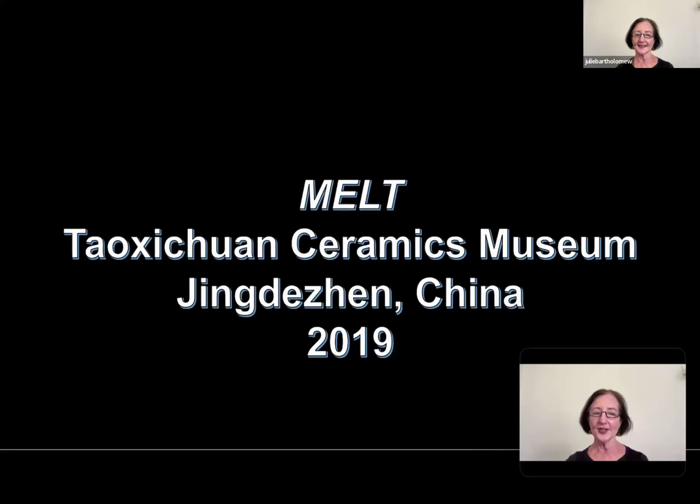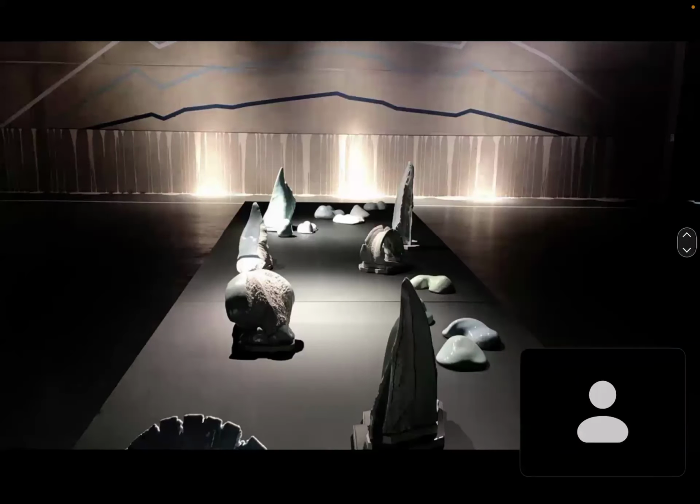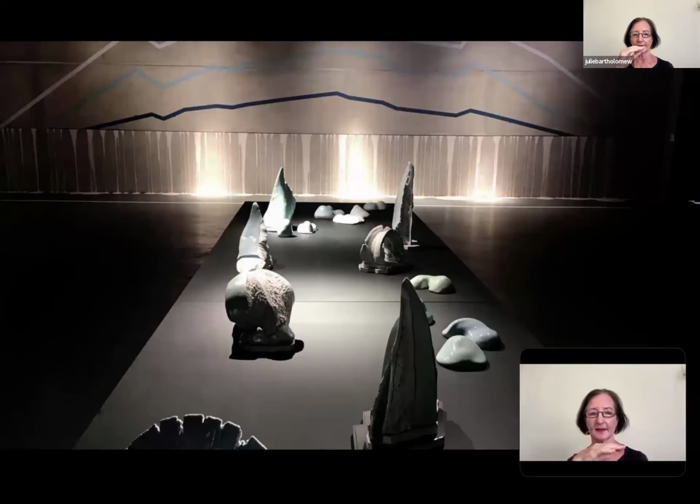So the project that continued after this one was also about my obsession with the Antarctic and Arctic and glaciers, and it's called Melt. It was in 2019 in Jingdezhen, China, during a residency, and this is where I met Falguni. So this is a big installation, and what you see in the distance is a graph of a